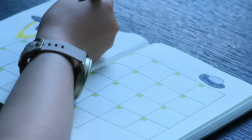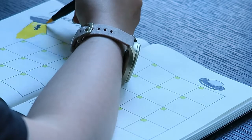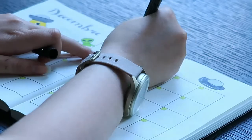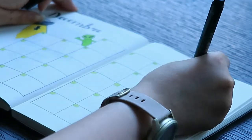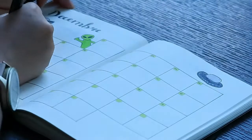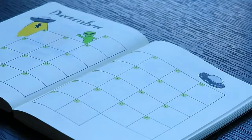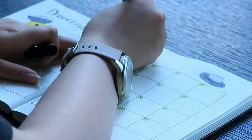But back to the actual spreads, I used my Tombow dual brush markers to color in everything, and I didn't use that many shades. If I can find them again, I will put them on the screen if you're interested, but I basically just used a few shades to keep a colorful but still cohesive color scheme throughout all the spreads. I also used my Faber-Castell Pitt artist pens to do the line work